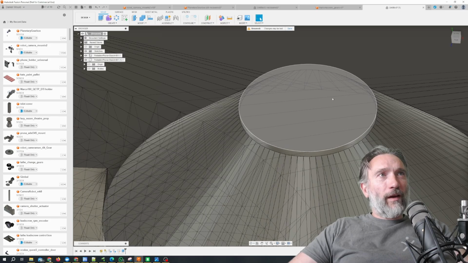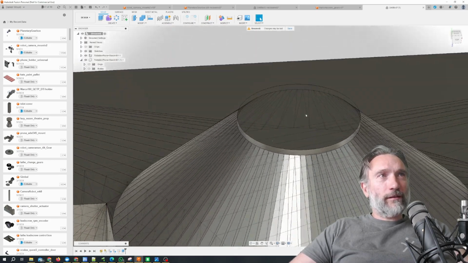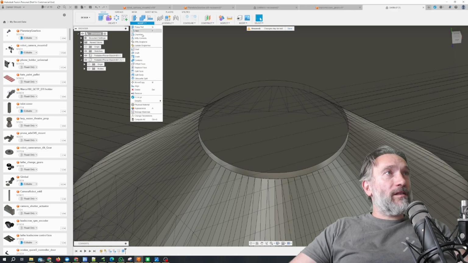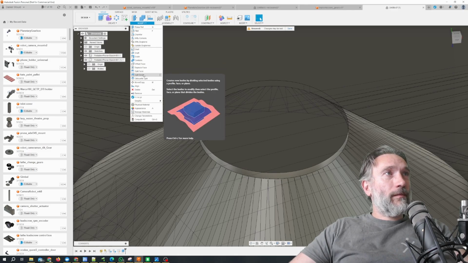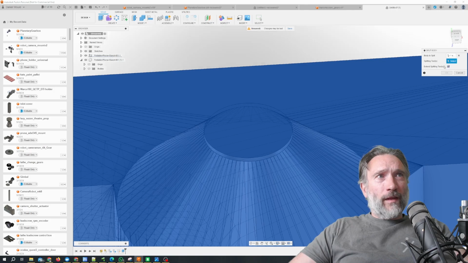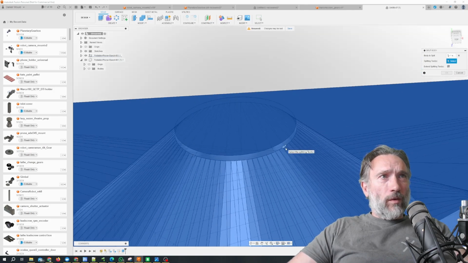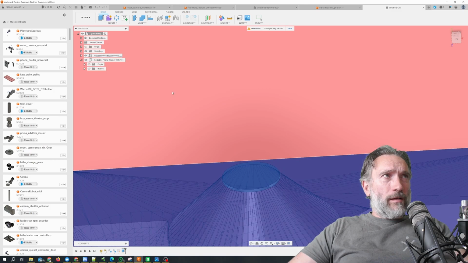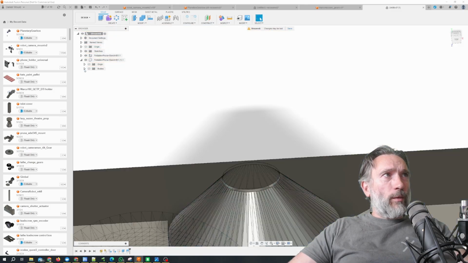If I do that, we now have a full flat surface the way we might expect, but we can also then split it again. So we split this body and we split on this one. This is a bit of a weird way to go about it, but in theory